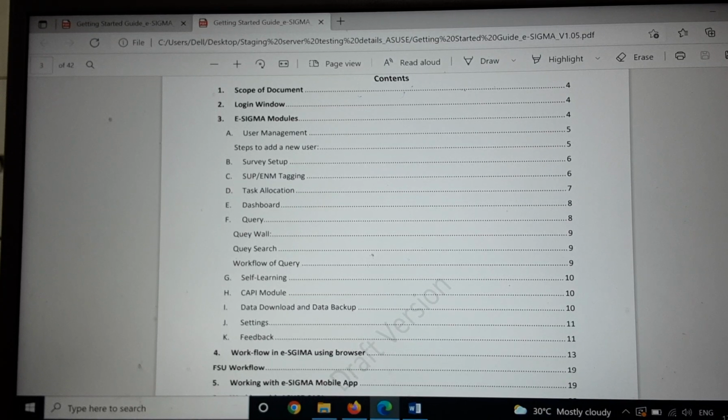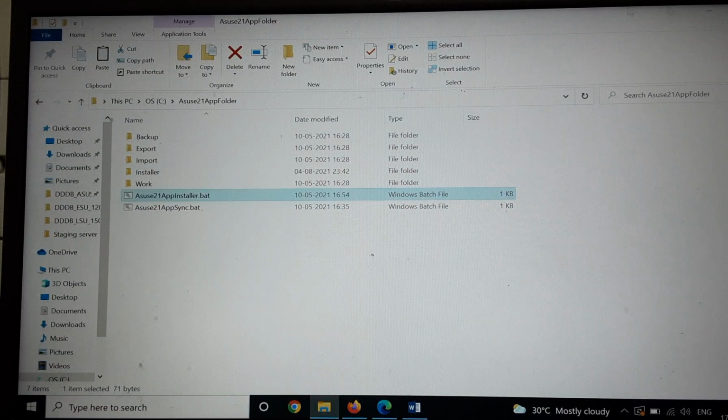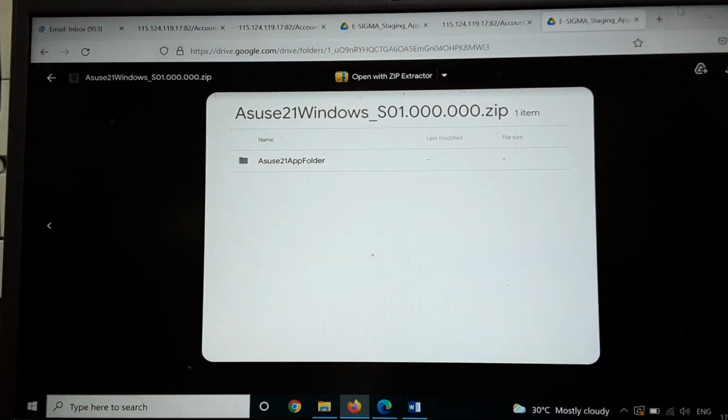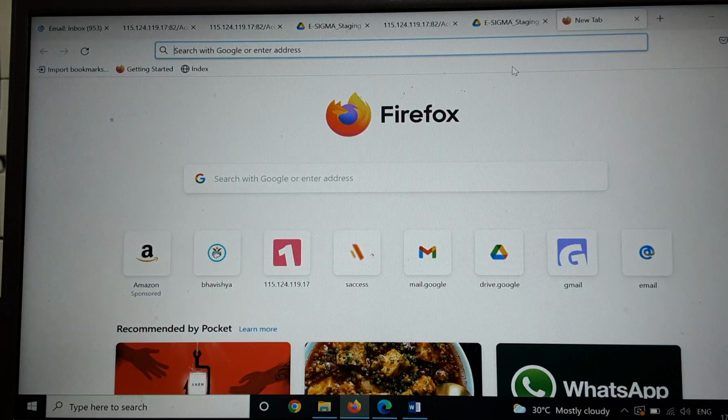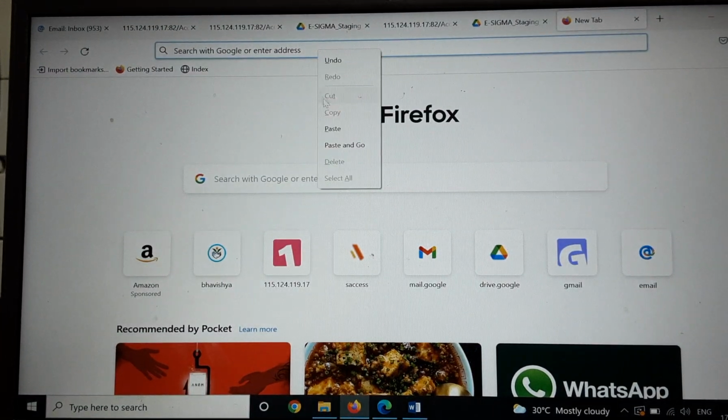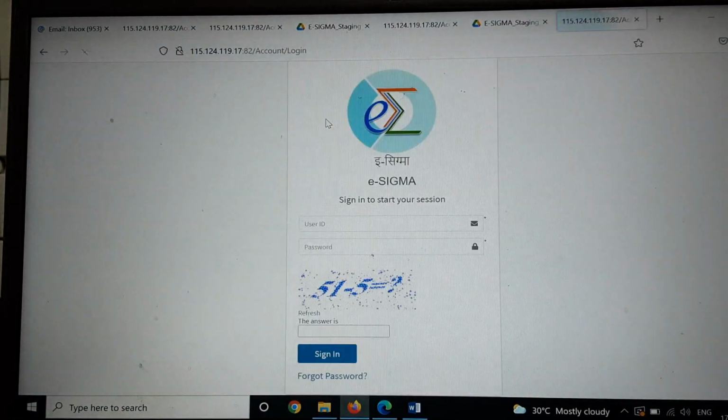Okay, now let us see what are the links that have been provided to us. So this is the first link. Let us open this link in web page. So this is the main page of eSigma.